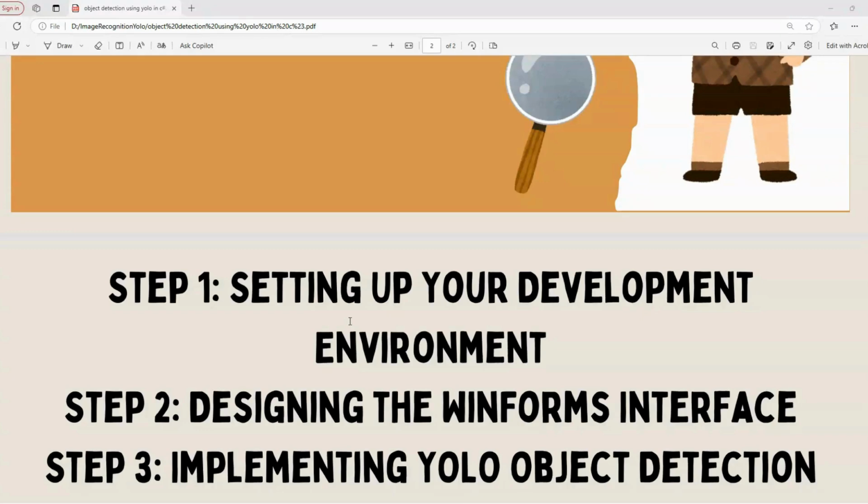Then after that, we will move toward the third step, which is implementing YOLO object detection. So in this section, what we are going to do, we will load the YOLO model. And how are we going to load the YOLO model? We will load it by using EmguCV, and it has some simple implementation, the coding